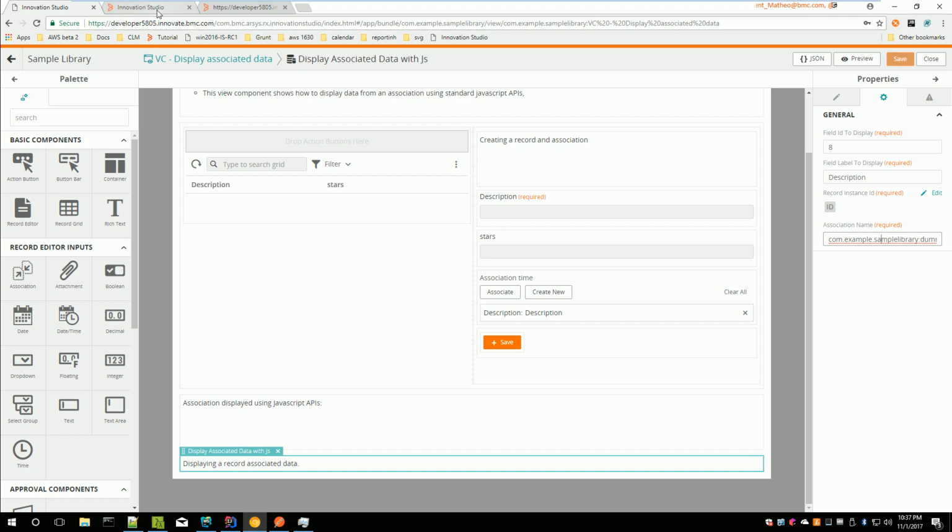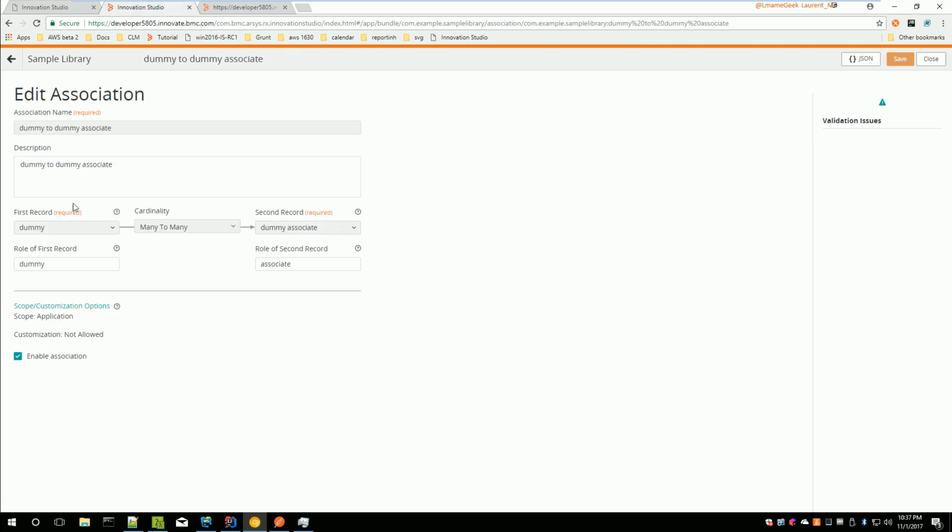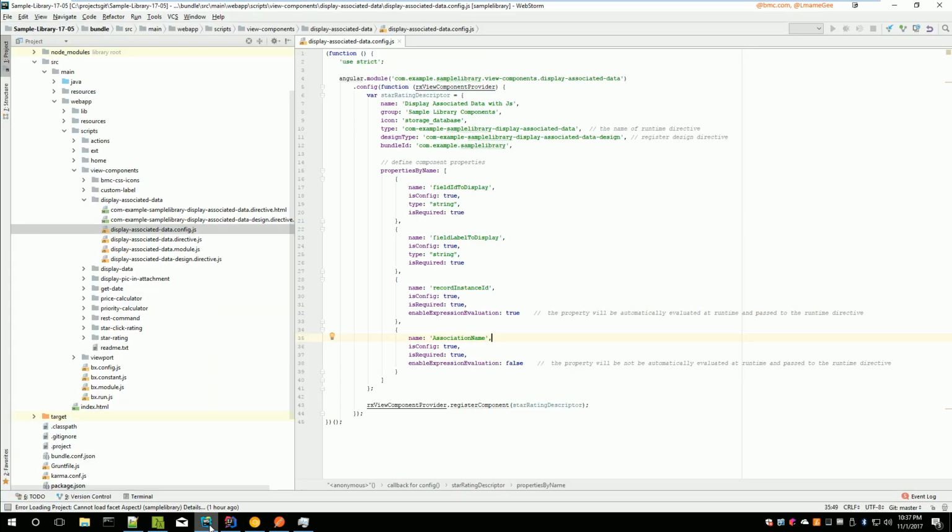Here we have, for example, a dummy record instance in the grid, and when I click on it I want to display association data associated with this dummy record. So in my case, I select a dummy record and I want the dummy associate records. So how is it working? Here I have my 4